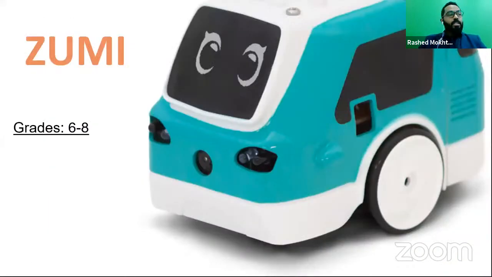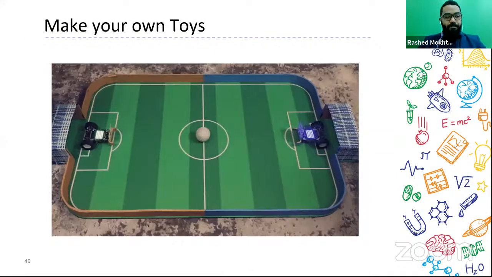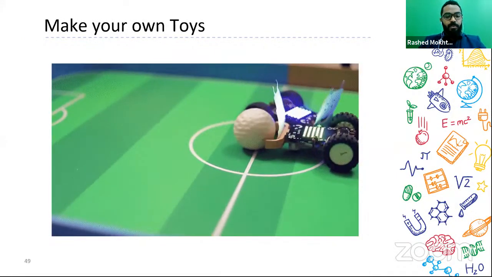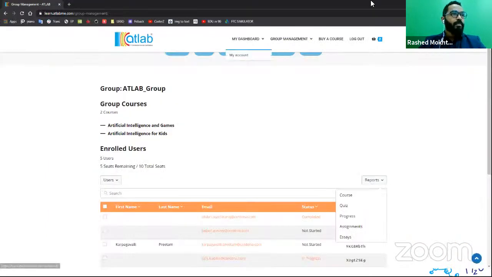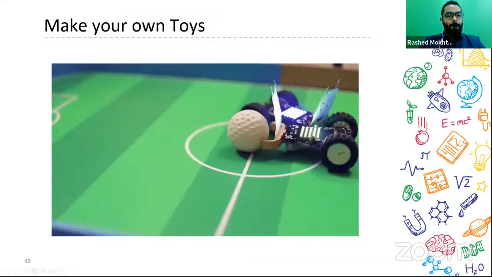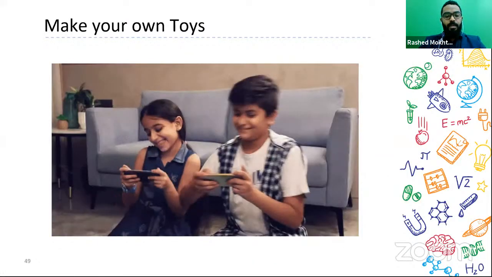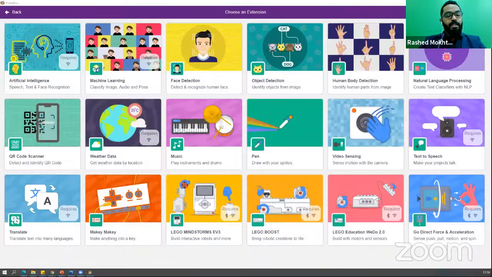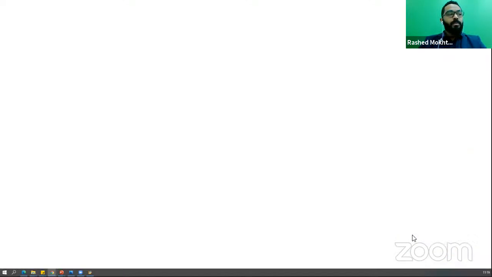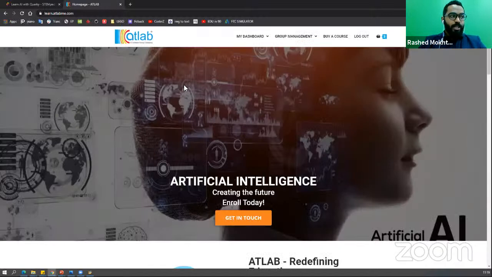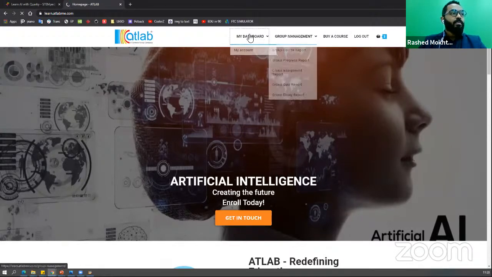Now, before I jump in there, I want to show you one thing. This robot I showed you right now makes us capable of doing other different things other than only on-screen activities or projects. Okay, so when I come here,